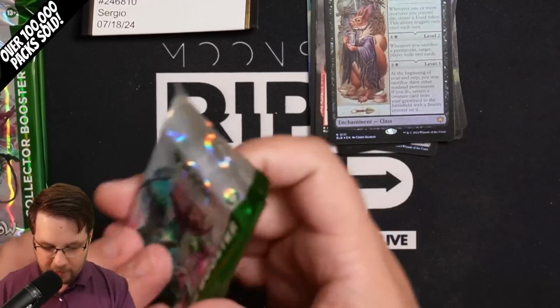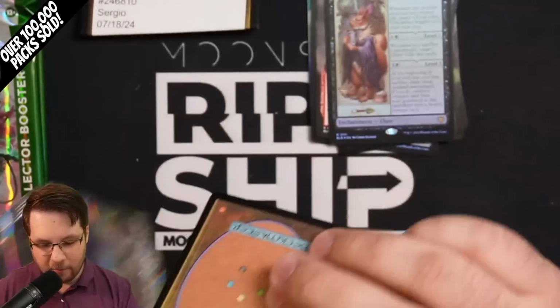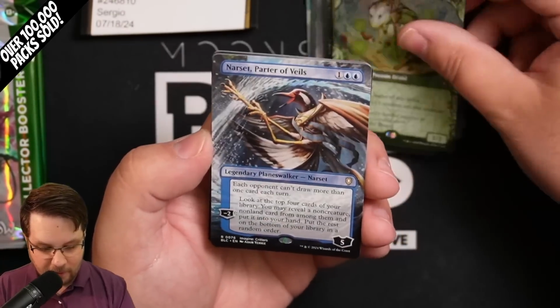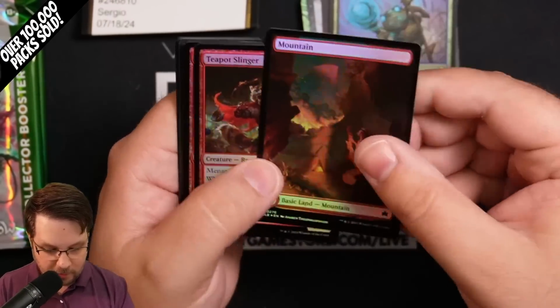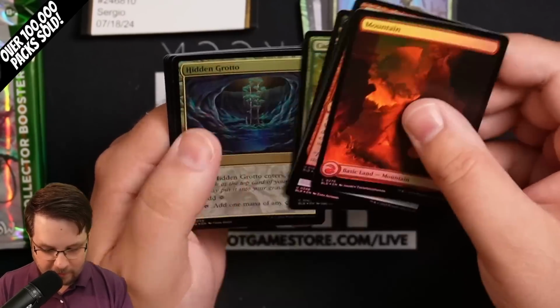But what I can tell you is, the mountain doesn't feel like a mountain. The plains doesn't feel like a plains. The island doesn't look like an island at all to me. Tender Wild Guide, Narset, Parter of Veils Critter, Fountain Port Extended, Perch Protection Extended, and Dream Dew Entrancer. I guess it kind of looks like a mountain, but I don't know. It just...